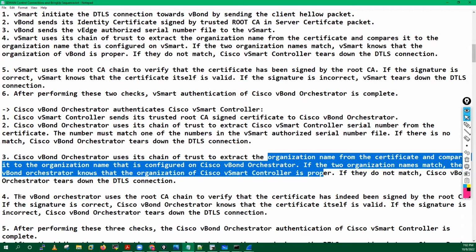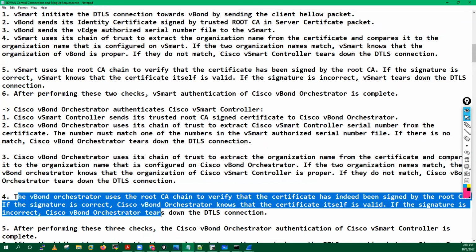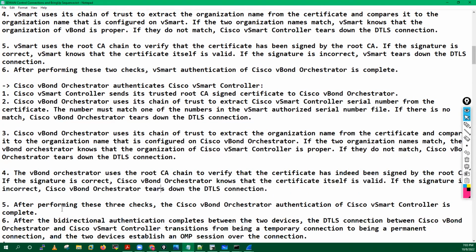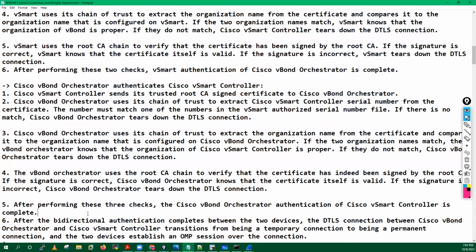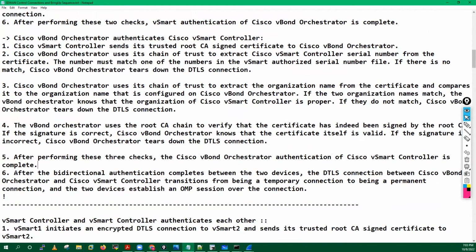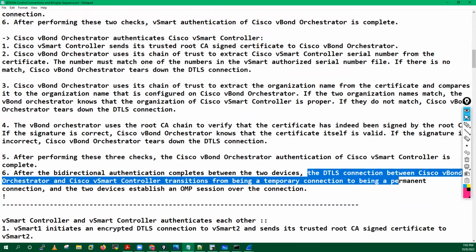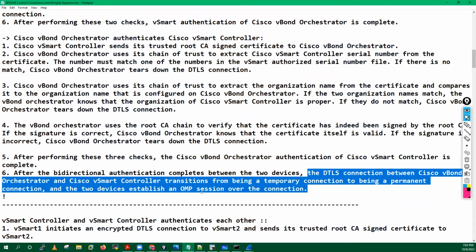Once they are done, they will match your signature on the certificate, and check whether the certificate is signed by the trusted root CA or not. After performing these three checks, the Cisco vBond orchestrator's authentication of your vSmart controller is completed. After this bidirectional authentication completes between your two devices, the DTLS connection between your Cisco vBond